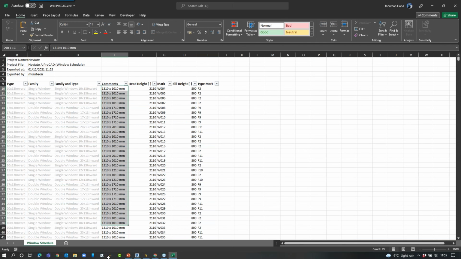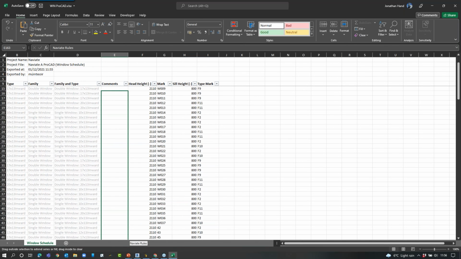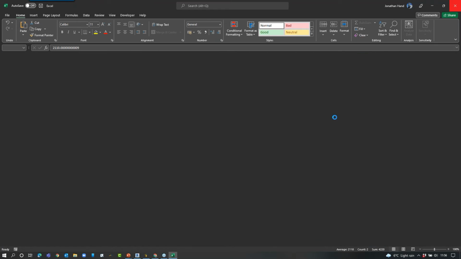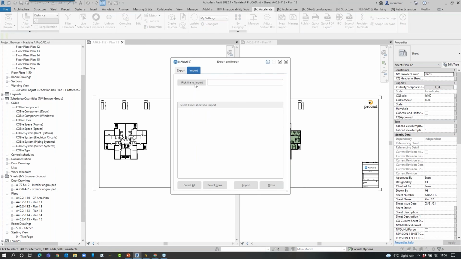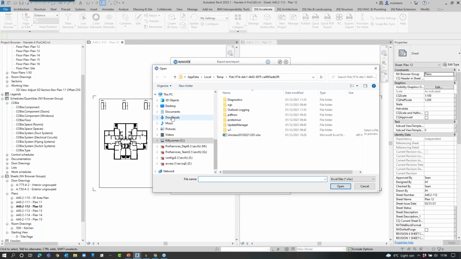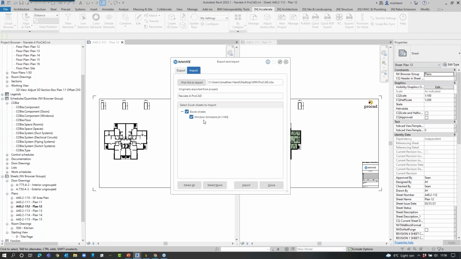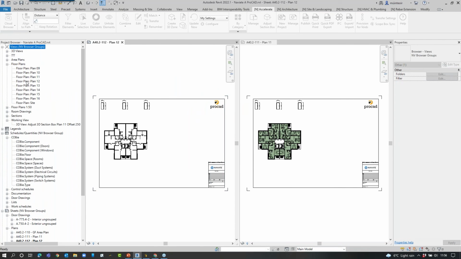And you can see here, I can just tick out that comment section. We can delete that out and we can just put in Naviate rules, and then we can just drag that content right up and copy it up there. So then I just hit save to the file, close it down, go into Naviate again, export, import, go to the import, pick files to import, find my desktop, choose the Procad Excel file, import the window schedule, then click import, no errors, and just to double check that we've done it correctly, we